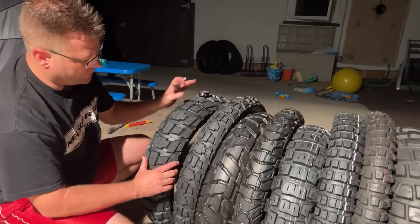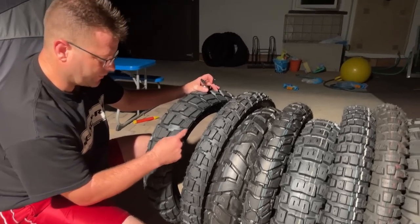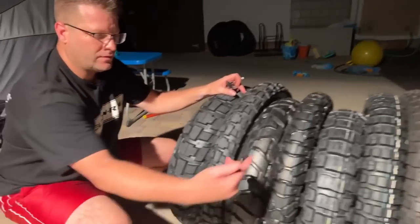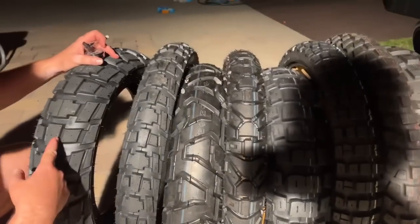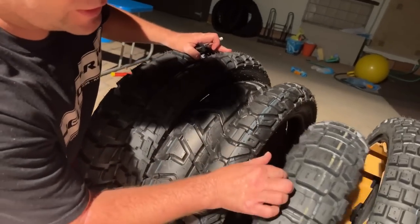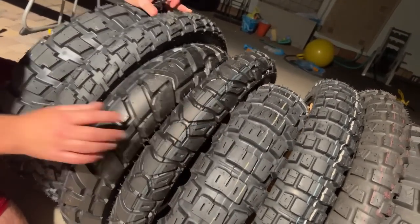The Trail Max Raid, each of these blocks here on the side are standalone blocks, but they're all tied together here across. If you come in real quick, Baron, come over here, stand right over here and show this way. You can see that unlike the Motos tire here that has actual individual blocks all separated, we have more of a